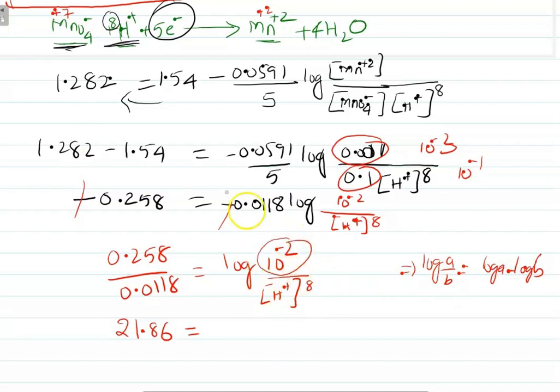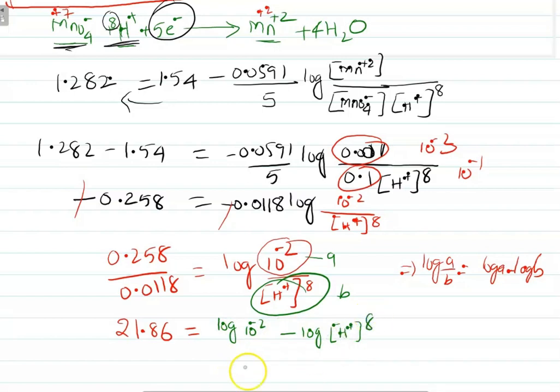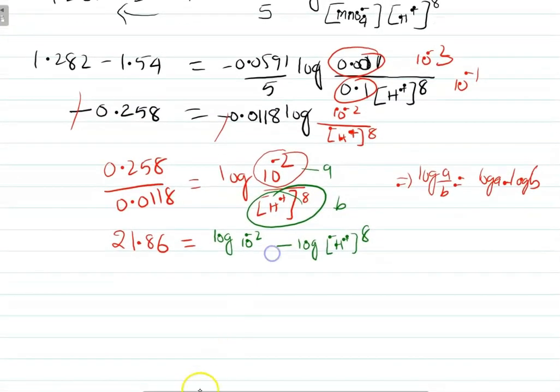So I am taking this term as A, and this term as B. Log A by B is log A minus log B. So log A is 10 to the power of minus 2, minus log B, where B is the H plus concentration to the power 8. So next, 21.86 is equal to...